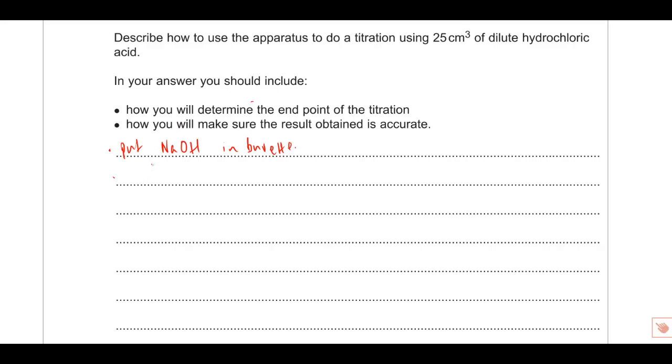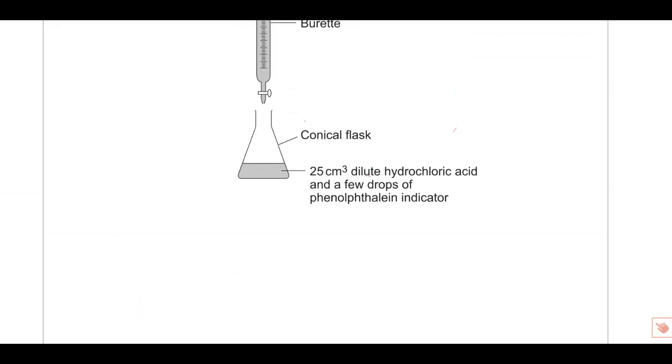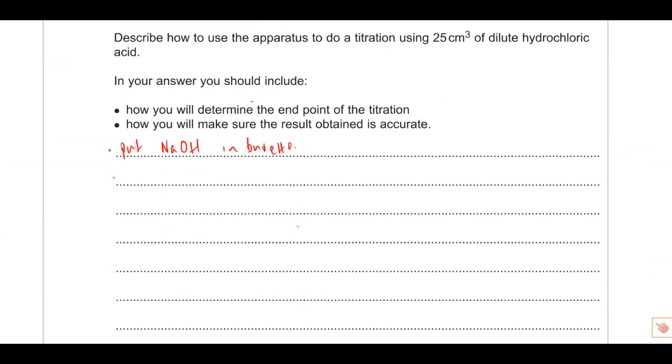How do we determine the end point of the titration? Now, it does say on here, and this is a tricky one, dilute hydrochloric acid with a few drops of phenolphthalein indicator. They are giving you the indicator on this one. You just need to know that phenolphthalein is basically colourless in acid. So in the conical flask with the HCl in the bottom, it's going to be colourless. So what we're going to do is add